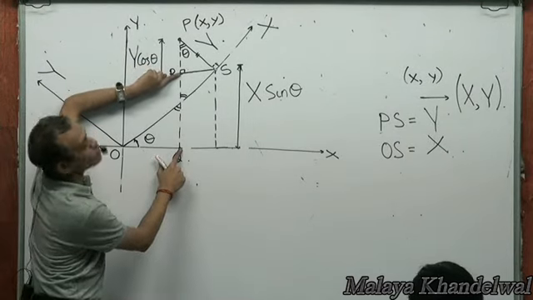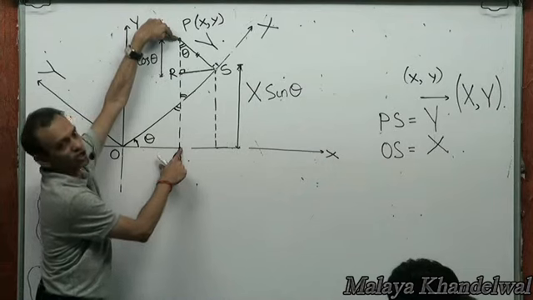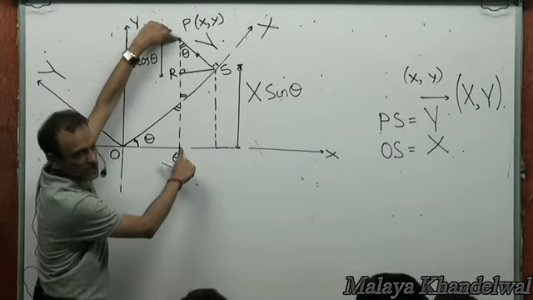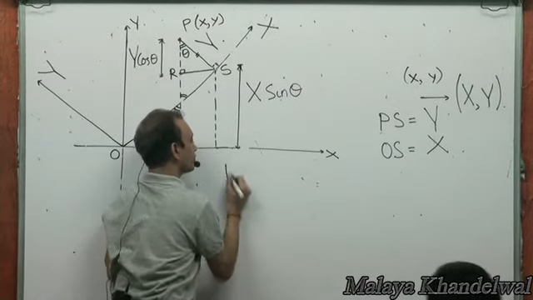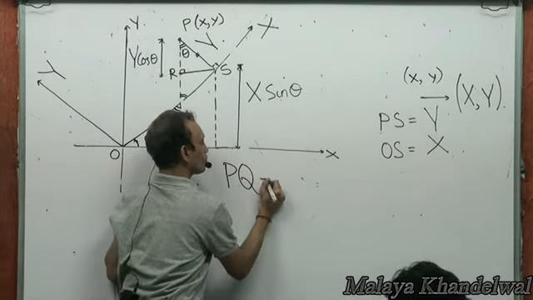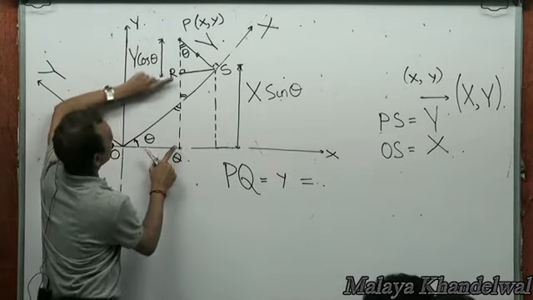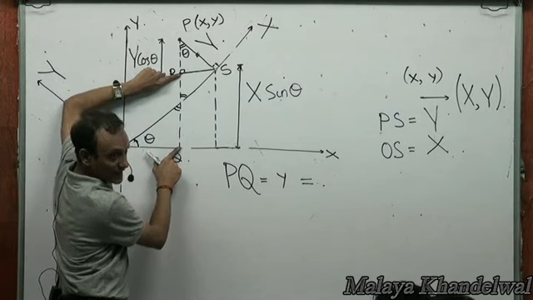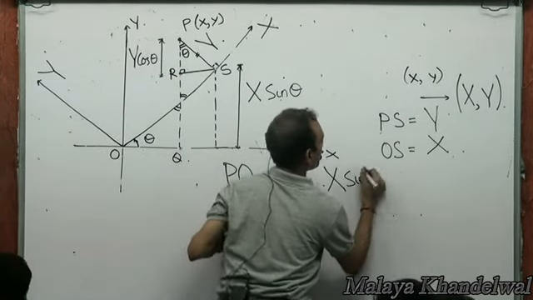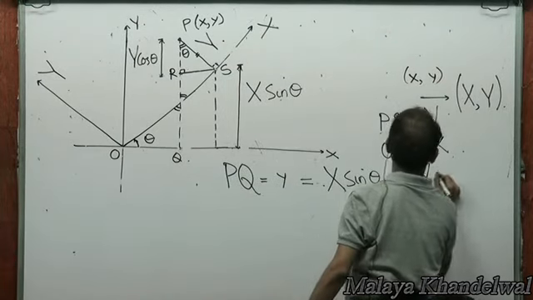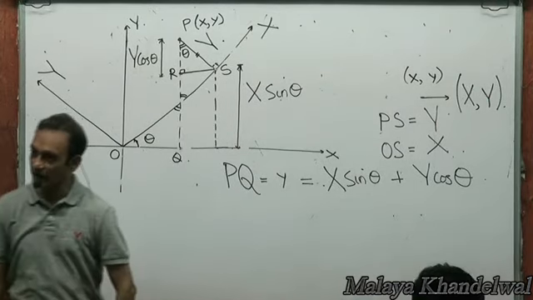What would this be? This would also be capital X sin theta. This entire length, PQ, would be small y, yes or no? Small y is going to be this length, which is capital X sin theta, plus capital Y cos theta. Right? Now,